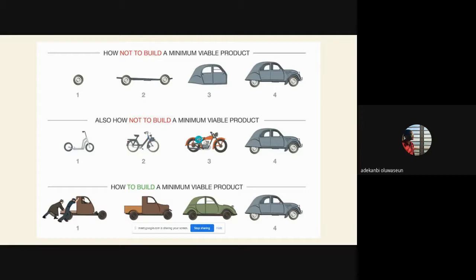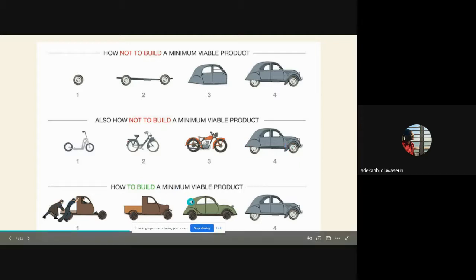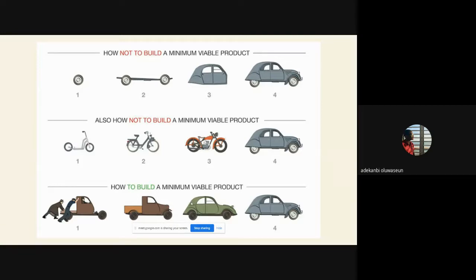But with this particular one, you have a bike, you have a bicycle, and then you have a car. Compared to this other one, who can tell me the difference? Why is this second one not an MVP? Let me try. All right, go ahead. One person at a time. It's a completely different product. The last frame doesn't follow the entire scope of the product, if you get what I mean.